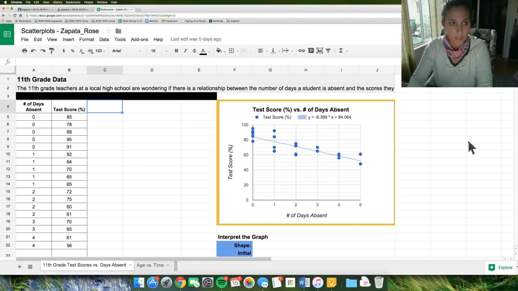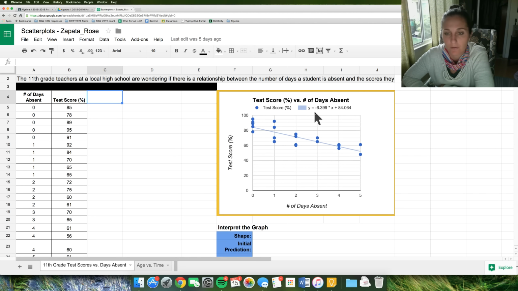All right, so today I'm going to show you how to create a graph of the residuals in Google Spreadsheets. To start, you need to make sure that you have the regression model, the linear regression model specifically. As you see here, I'm going to do this with the 11th grade test data, and the regression model, the linear regression model is y equals negative 6.339 times x plus